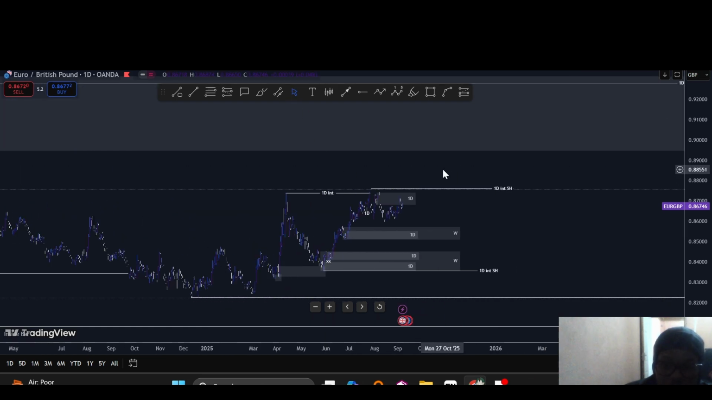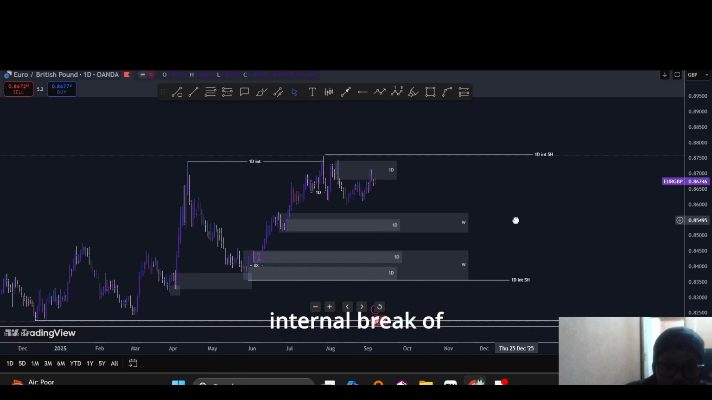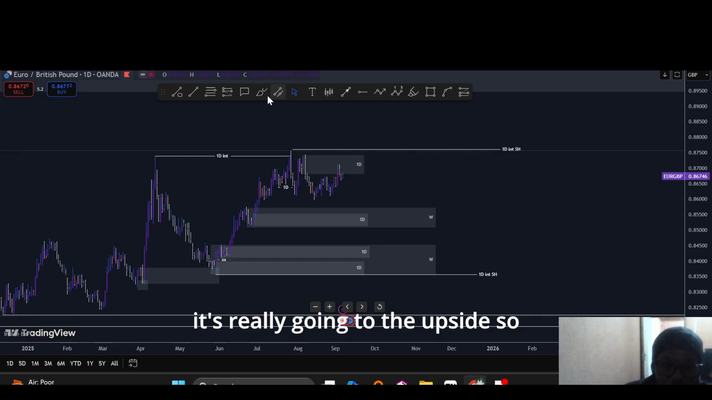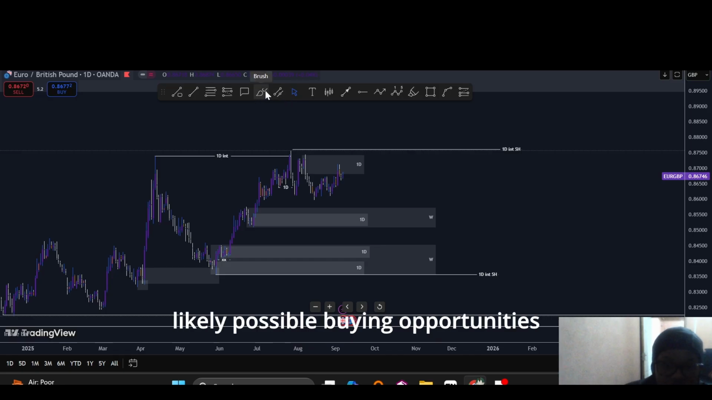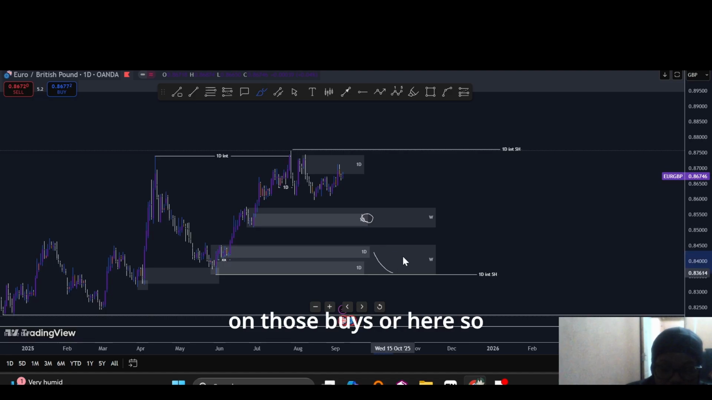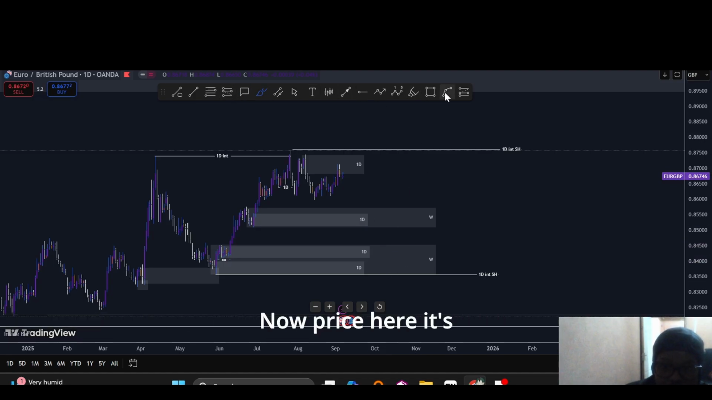Cool. Now if you're looking here at this internal break of structure, we're able to see that it's really going to the upside. So possible buying opportunities are mostly favorable, and we like to see price come here so that we can capitalize on those buys, or here so that we can capitalize on those buys. Now price here, it's really, let me put this to